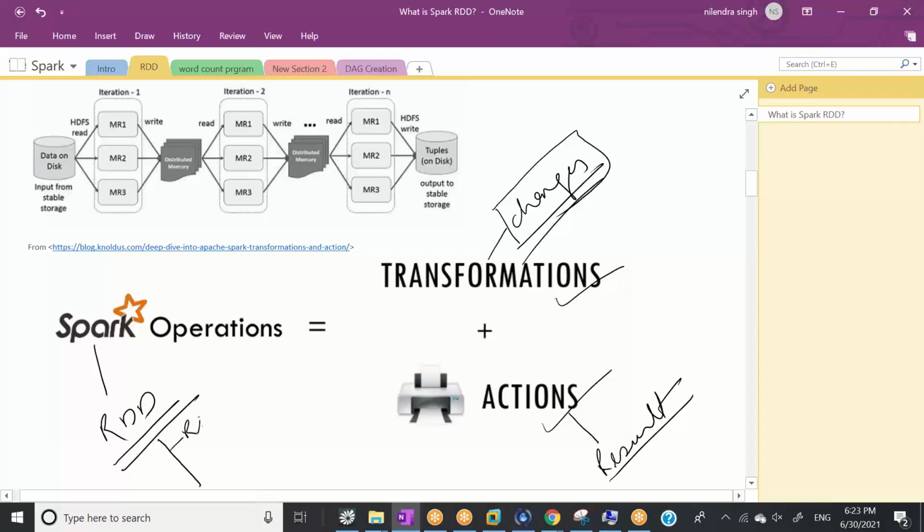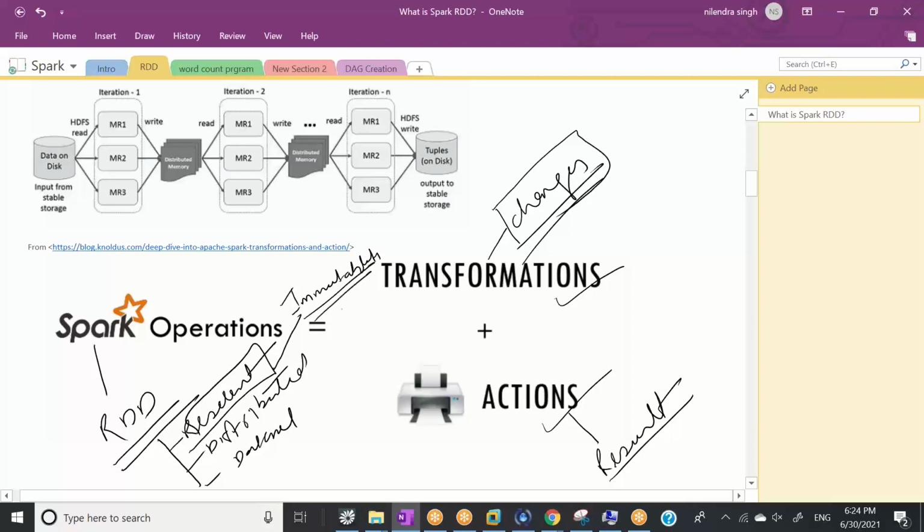So the RDDs are resilient, they are distributed, and obviously their data set. When we talk about resilience, resilience is achieved by immutability and partitions plus some partitioning,